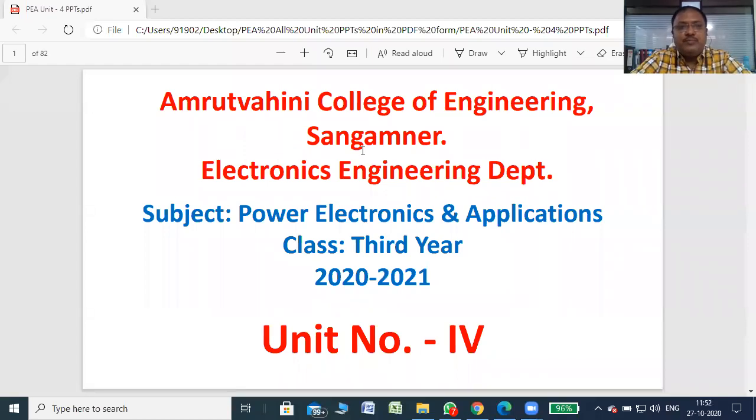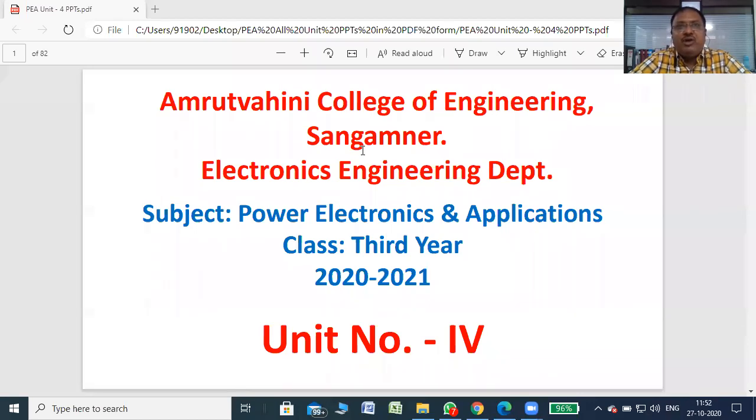At the same time, with variable frequency, in some applications we require variable voltage. Not only variable frequency, but variable voltage is also required. Whatever inverters we have seen, that is half bridge, full bridge, single phase, or three phase, for 180 and 120 conduction modes, etc., those inverters convert fixed frequency to variable frequency at a fixed output voltage.